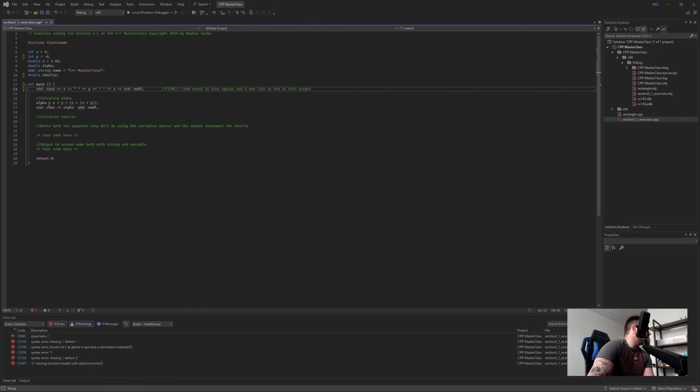Calculate alpha. So again, what is it saying right here? It is saying, oh, look, there is a syntax error. There needs to be the operator there. Calculate Charlie, write both the equation